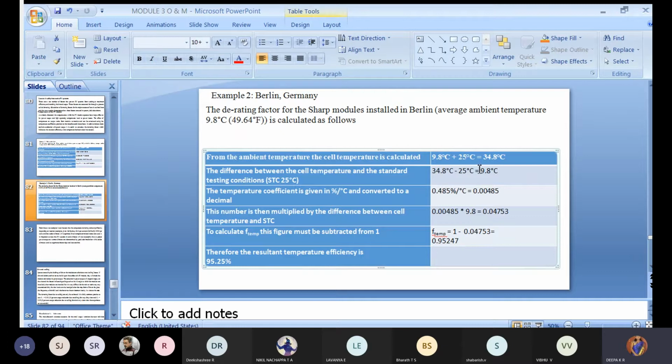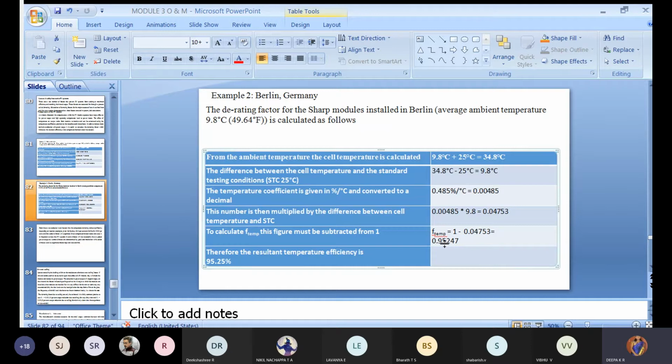Done already. When you multiply these two quantities, the temperature difference and your temperature coefficient, we get an answer of 0.04753. But when I want to find the resultant temperature, that should be subtracted from 1 because it is a standardized condition. To calculate the temperature derating factor, it must be subtracted from 1. So 1 minus 0.04753 gives you an answer of